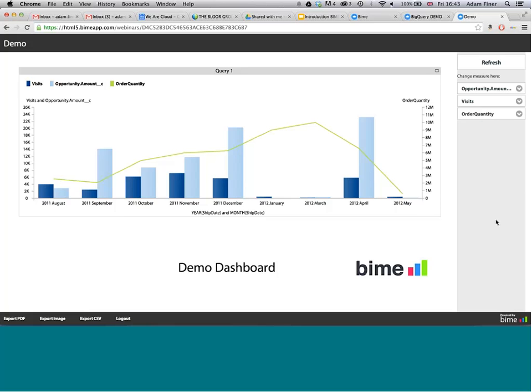The idea is that we are trying to connect to as many different data sources as possible and allowing, as we were saying before, turning the cloud into a data warehouse, allowing any company to take their data from so many different places, have them in the one place, and then interactively share that data and analyze it with a very, very powerful